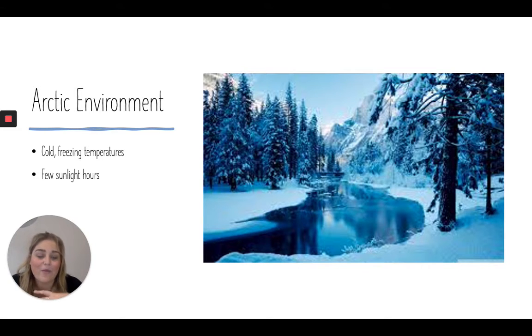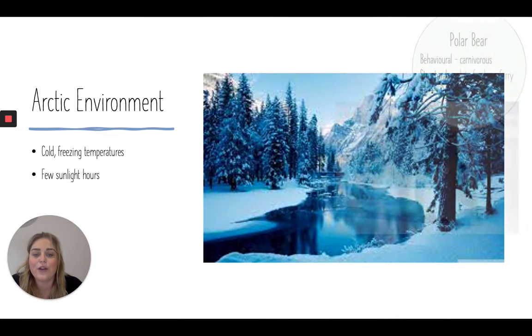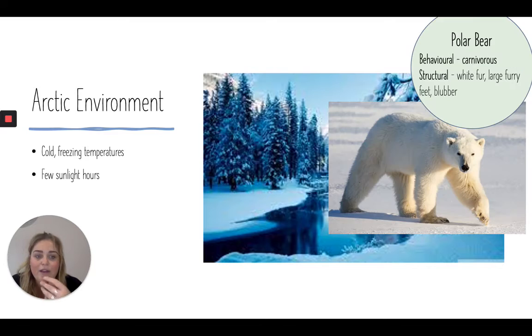And in their winter time, there are very few sunlight hours. So if we have a look at a couple of animals, we have the polar bear, and its adaptations are behavioural. It's a carnivore, meaning that it eats meat. So that's one of its behaviours that it has learned along the way. Structural, it has white fur, so it blends in with a lot of the snow. It has large furry feet, and it has blubber, so it has a layer of fat that helps keep it